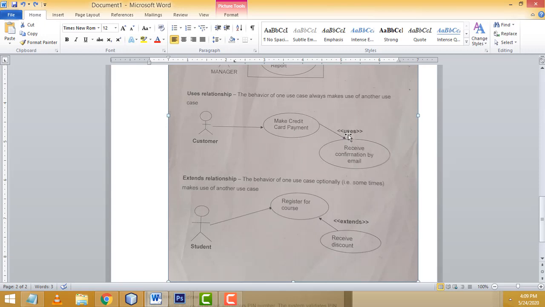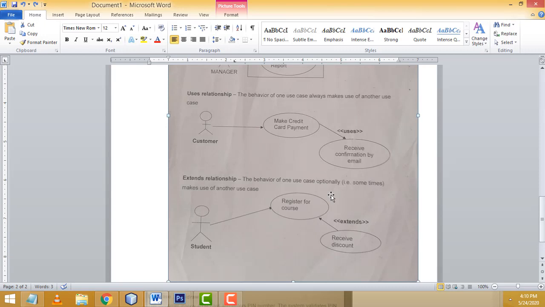That's why we have to put the use relationship here. You have to put this sign when you are developing and drawing the use case diagram. When you are getting the confirmation mail, you have to use it like this, right? Next, the extend relationship means this one may or may not happen, right? It sometimes happens, it happens occasionally, right? In that type of situation we have to use the extend relationship.